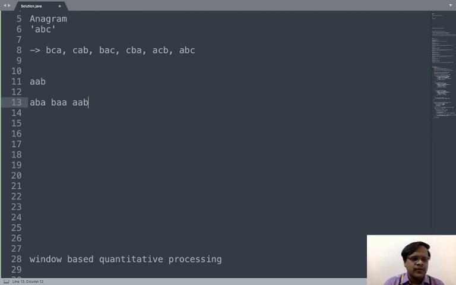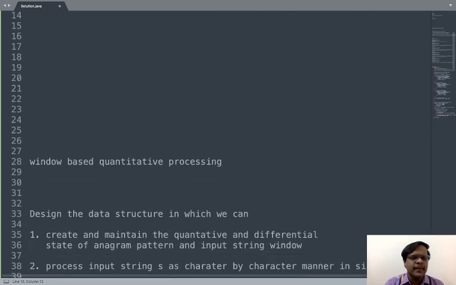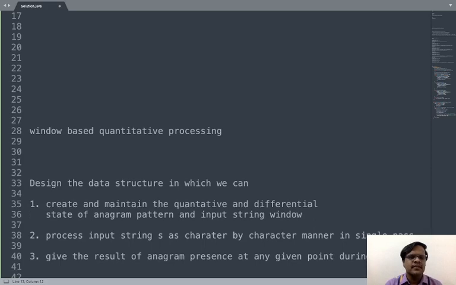For that we need window-based processing, in which we first capture the number of each character present in the anagram pattern and map those counts. Then we need a data structure in which we can maintain the difference between the anagram pattern and the given input string.